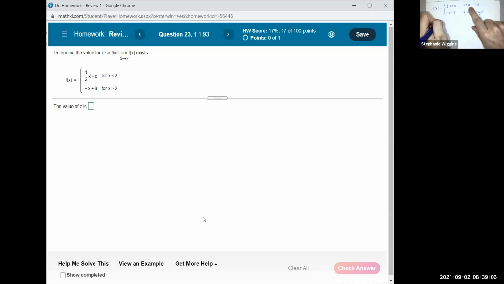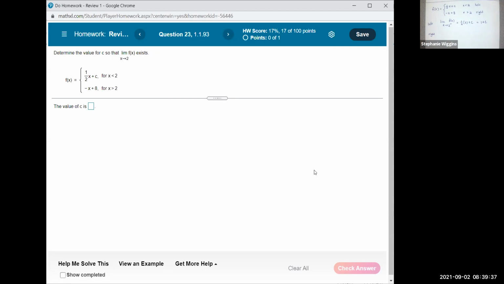So the limit as x approaches 2 from the left of f of x is equal to 1/2 times 2, right? My x is 2, so I'm plugging 2 in, plus c, and 1/2 times 2 is 1 plus c. So this is the left. And then the right,